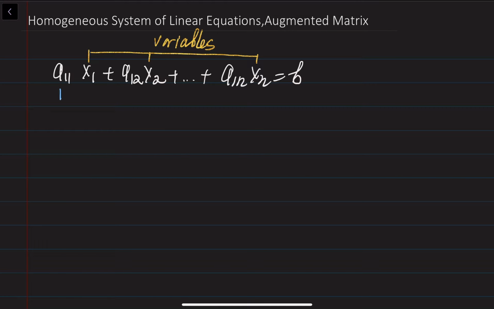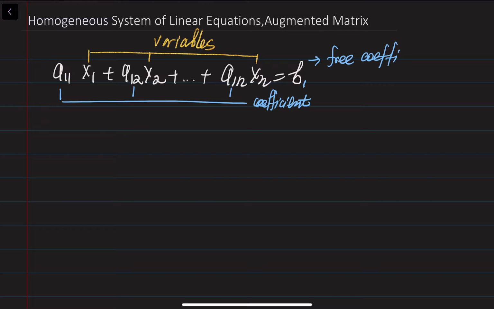And a11, a12, and so on a1n are going to be the coefficients of those variables, and the b1 is going to be called the free coefficient because it is free from